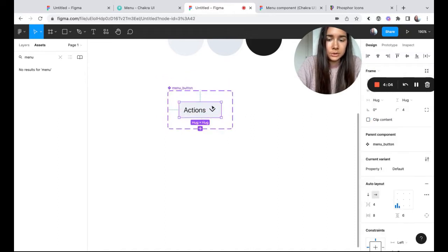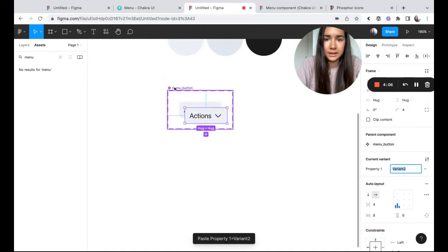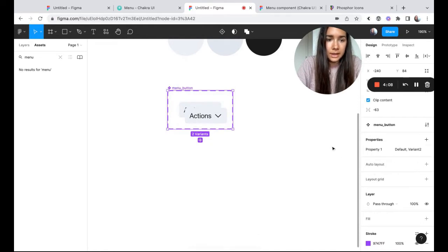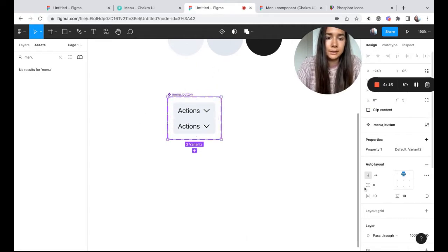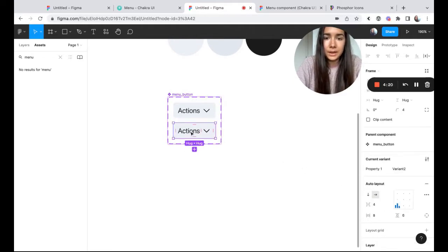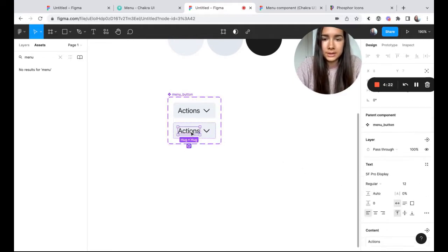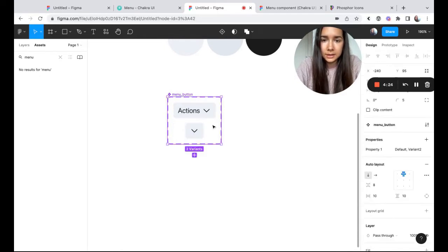And from here, we'll just copy paste our existing component. And we can also apply auto layout inside the main component set itself, just so it's all nicely organized. And here, we're going to delete the text layer. So line it to the right.